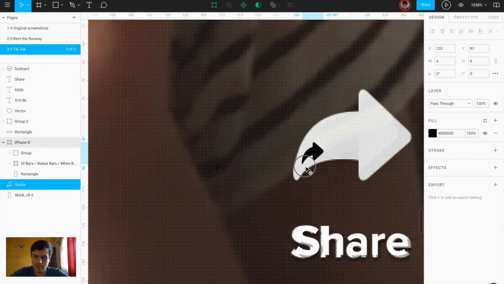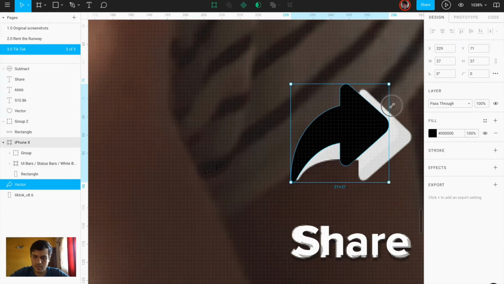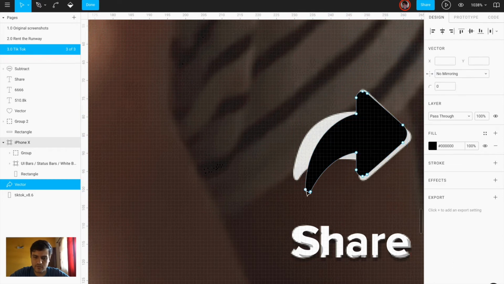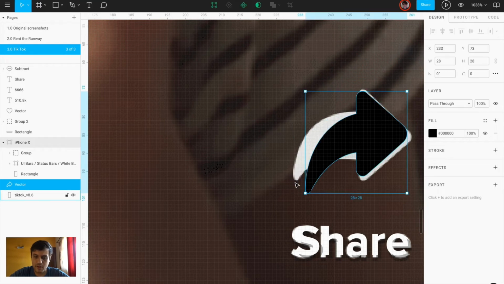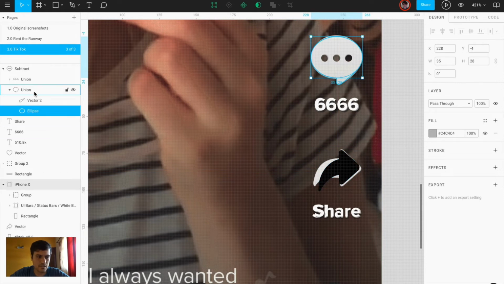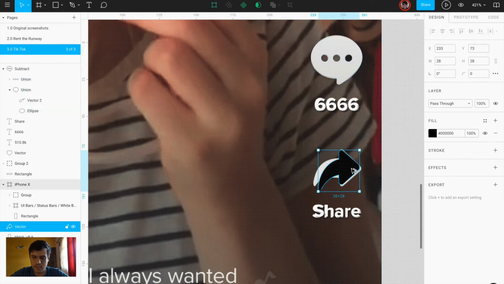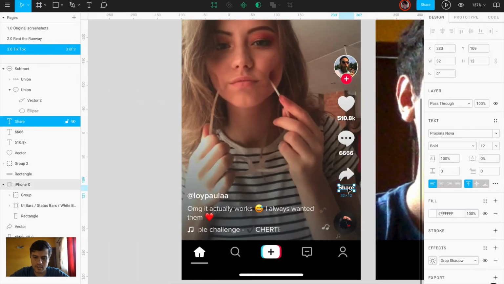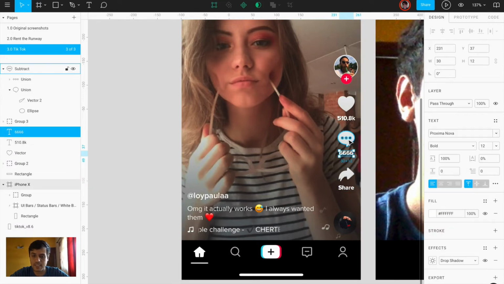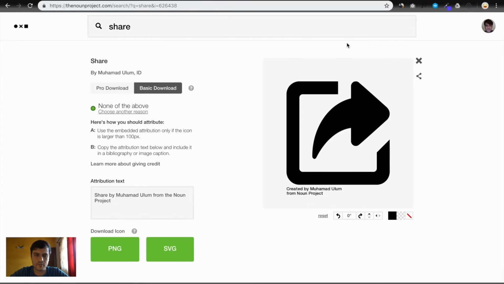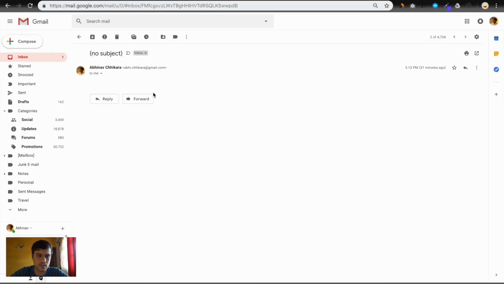I'm gonna make this big. It's not exactly what we're looking for. Now we could get into the SVG and manipulate it, but I'm not going to do that. I'm going to copy this style, paste it on here. Okay, now let's group these layers and bring them into our original artboard. And while I'm doing that